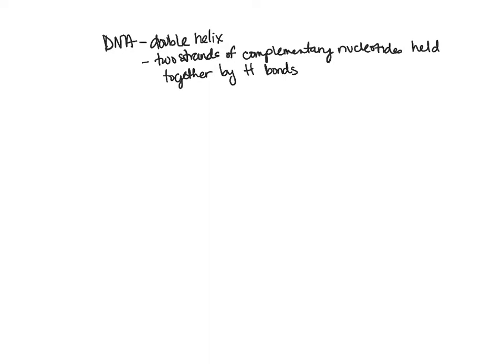So remember what that meant was that we had our sugar and phosphate backbone. So we had, let's say, the sugar, and then the phosphate, and then the sugar, and the phosphate, and the sugar, attached to the phosphate, and on, for our backbone here. So double-stranded, which means that we have one on both sides. So I'm putting my sugar phosphate backbone. This is, of course, shorthand.